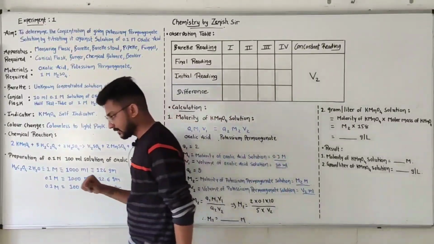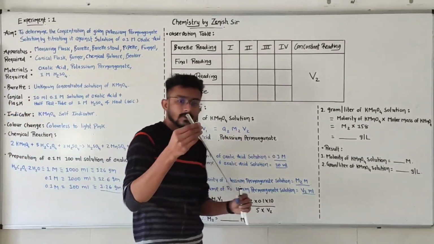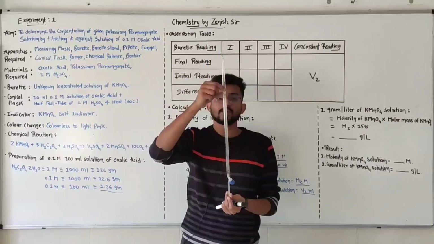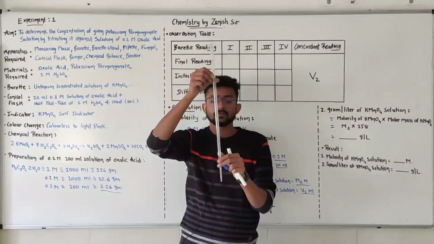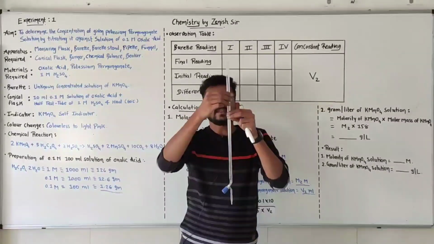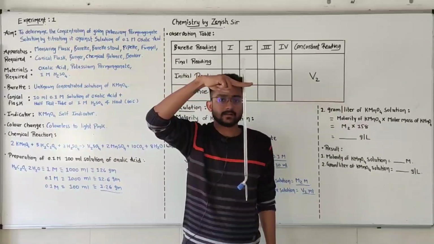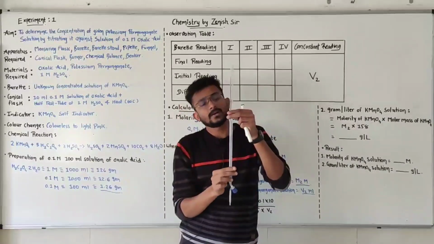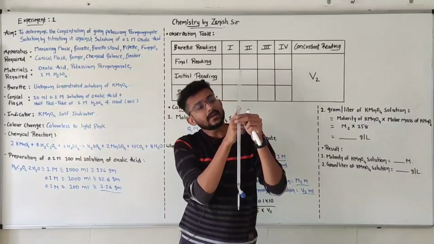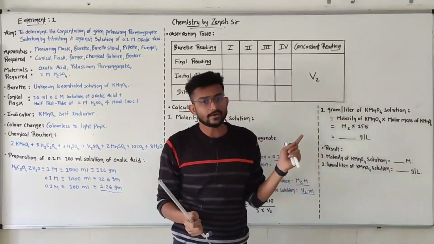After that, the burette. What does a burette look like? You can see that this is your burette. Now this burette is from 0 to 25. This particular burette is going to be attached to the burette stand, like that. And we will fill this solution, KMnO4, into this one and make it up to the 0. How will we make it up to the 0? We will see that in the laboratory.